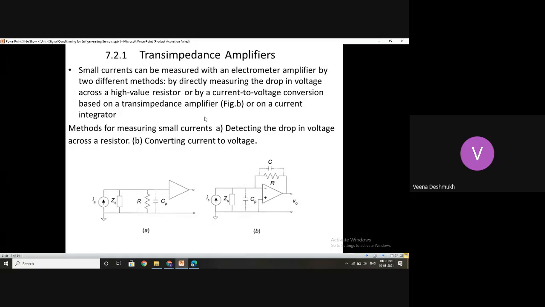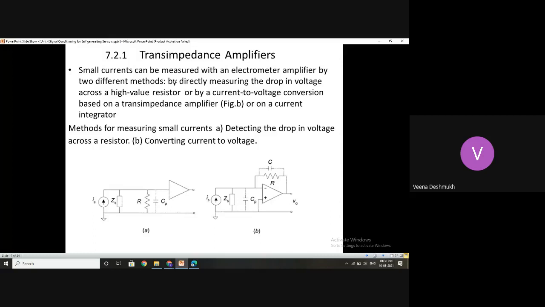Now what exactly are these transimpedance amplifiers? Transimpedance means here, at the input side, instead of having pure resistance, some capacitors are connected, or even the input capacitors are made use of, such that instead of only resistors, the impedance is taken help of. By doing this, AC measurements become easier, and even piezoelectric sensors can be very easily connected, and all the AC vibrations or AC signals can be amplified very easily.